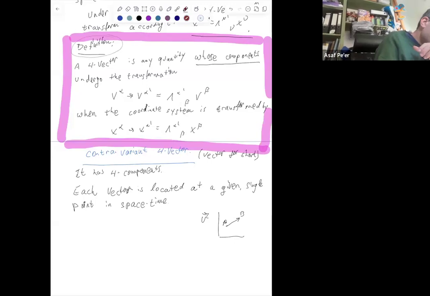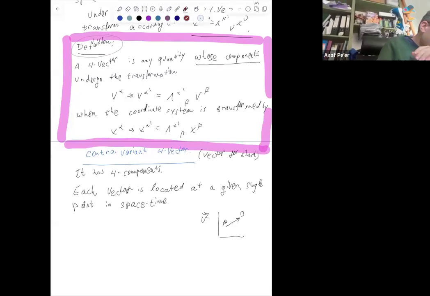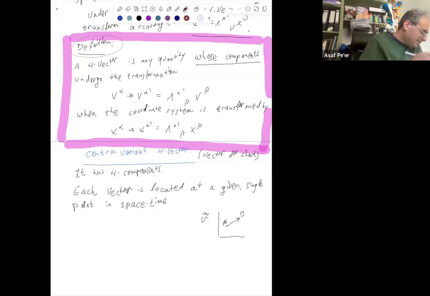This is the definition. And this is a very important property of a vector. Each vector